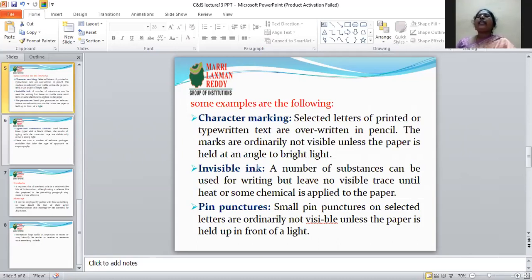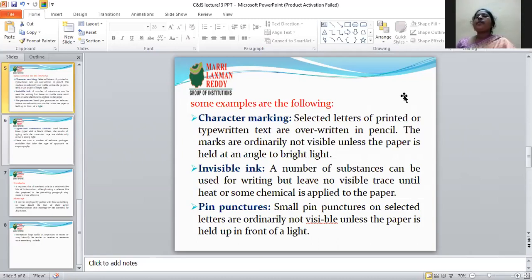Invisible ink. A number of substances can be used for writing but leave no visible trace until heat or some chemical is applied to the paper. After that, the invisible ink becomes visible. And pin punctures.